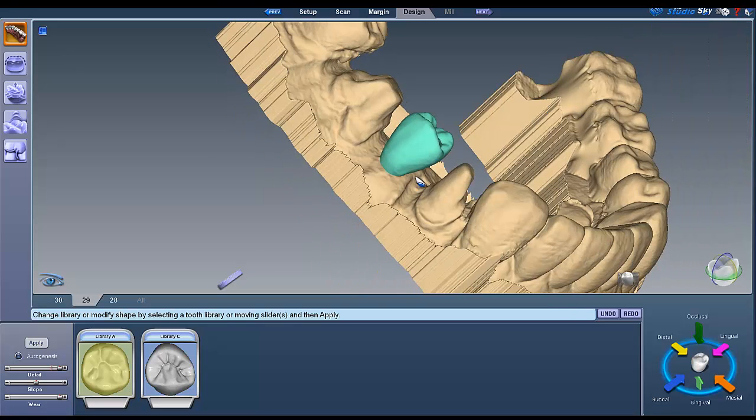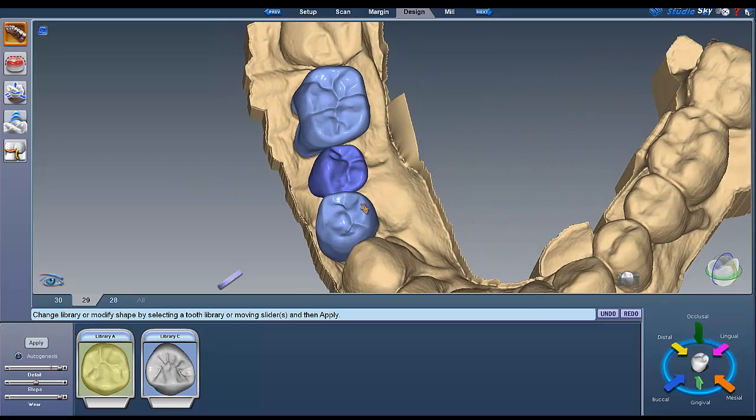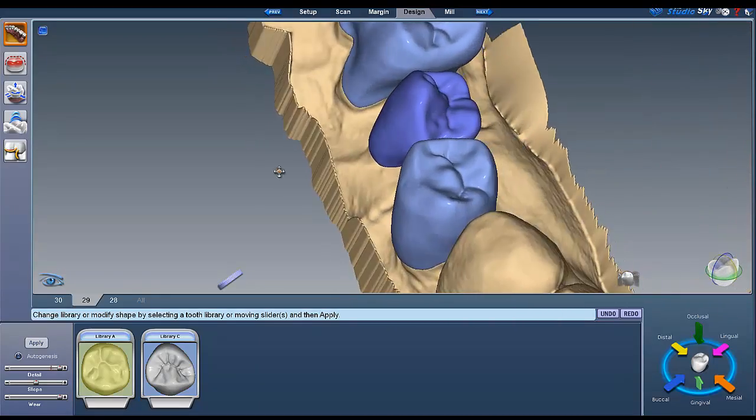It's making it from memory, but I think we're pretty close there, so now we'll let autogenesis take over and bring it in position. It's finding that margin that we drew down on the stone for the Pontic in the surgery. And then once it's finished with autogenesis there, it'll bring back our other neighbors. You can see we've got a little bit